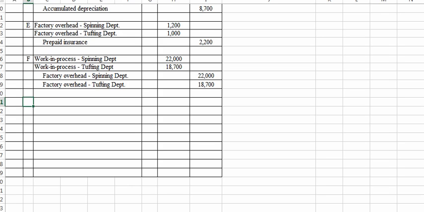Okay, we'll start back with G. It reads production costs transferred from the spinning department to the tufting department. You guys, the spinning department is the first department. Of course, the tufting department is the second one of two. So when the carpet has made it through the spinning department and it's ready to be transferred, we transfer its cost along with it. So to do that on G, we're going to debit